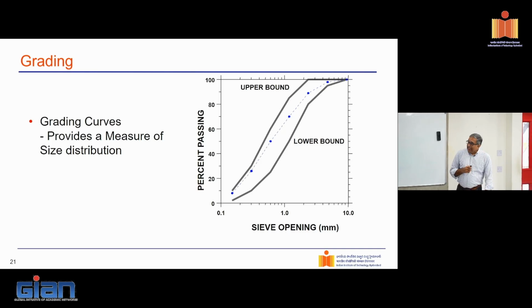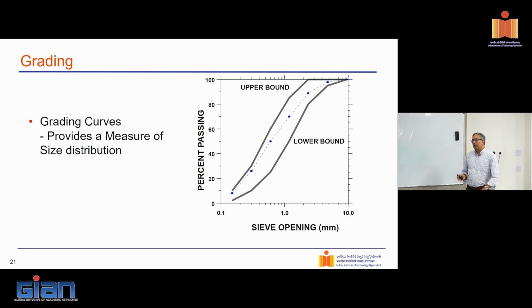Now, grading. Well, ASTM, this is a curve from ASTM where they give two bounds, an upper bound and a lower bound. And if your aggregate size distribution, the particle size distribution, fits between the upper and lower bounds, we consider those aggregate to be well graded. What does that mean? Well, if they're well graded, we expect that the sizes are available in the right proportions. I expect that packing is going to be good at some level.